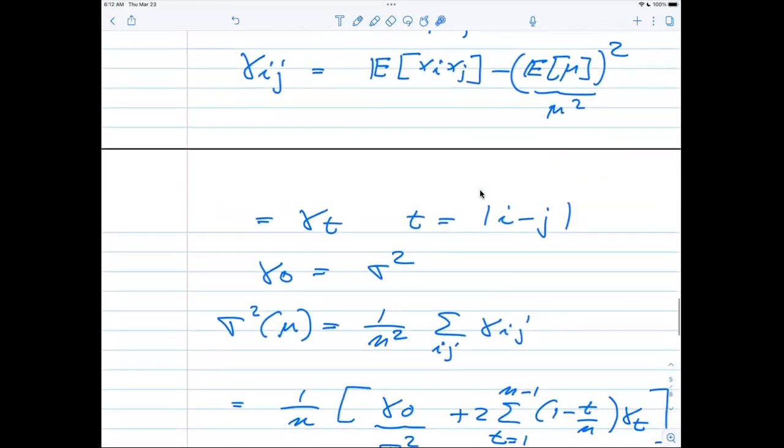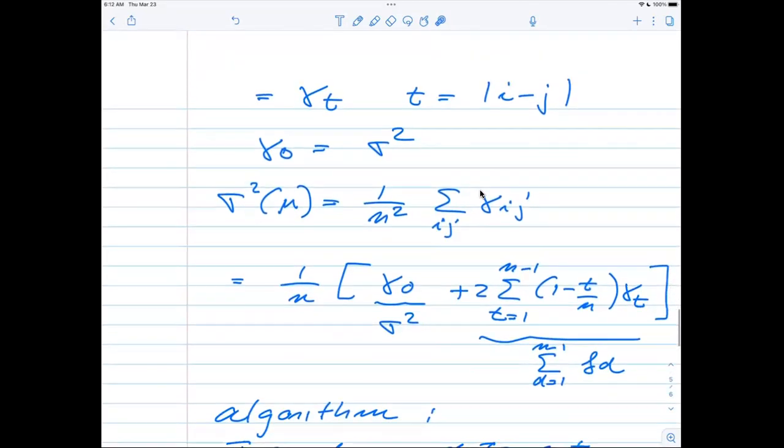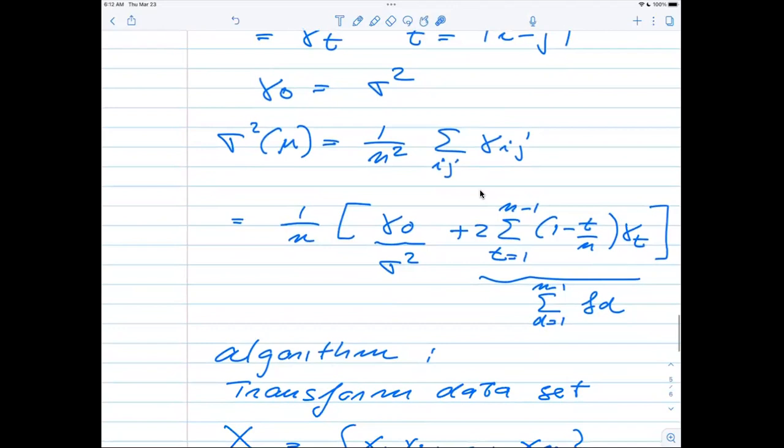And then they measure this, as we also discussed previously, in terms of the distance between two observations, i and j. And the hope then is that this quantity, which you see here, goes to 0 when this distance ij reaches a certain value. So that means this t quantity, which you see here. Now, what they did, and this is just a result which I restated here, they rewrote the total variance